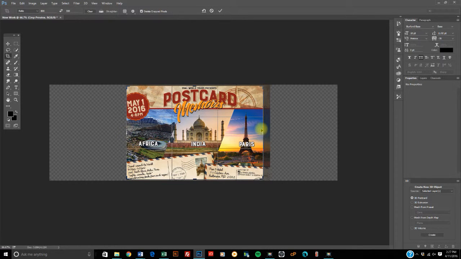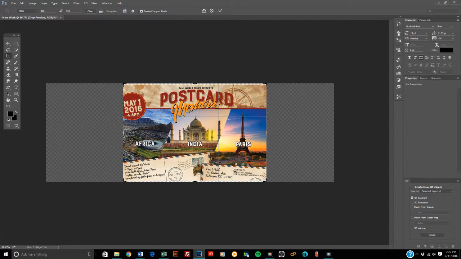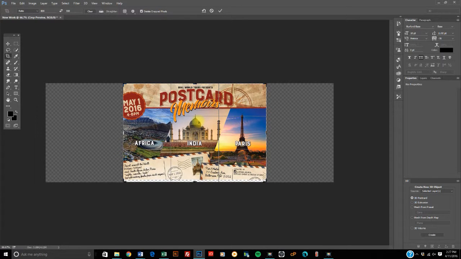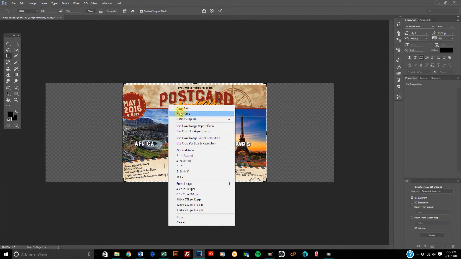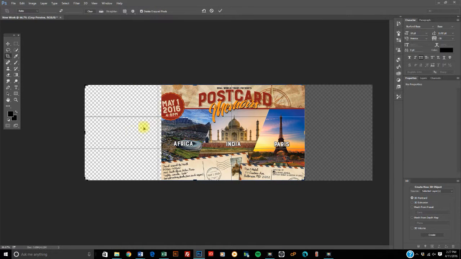Now I could chop off a little bit at the top, and if you click in there and use your up arrow and down arrow and side arrows, as long as you're clicked in here, it will allow you to do this type of stuff. So that's that. But I want to reset the crop, and I have this, and I just want to bring it in. So I click it, snap it,